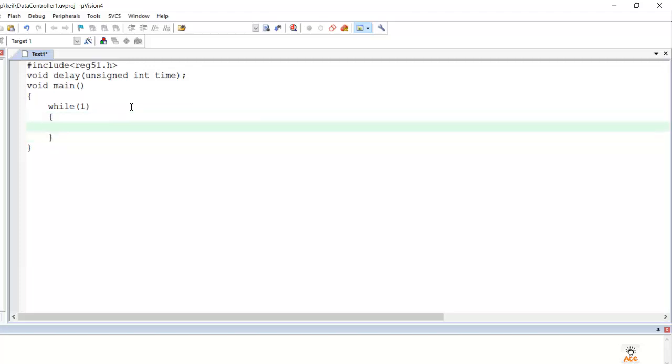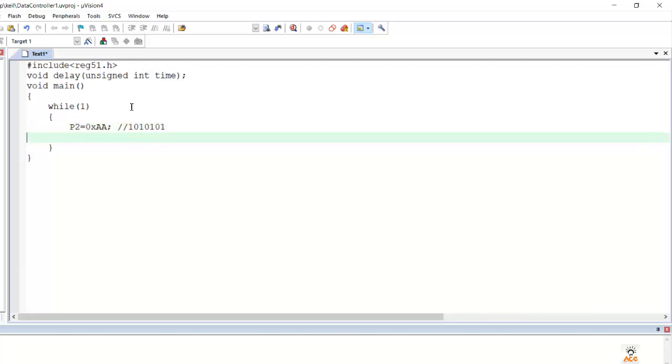Then we have to deal with two ports. Let us first take P2 equal to 0xAA. This is the hexadecimal value which represents 10101010 and so on. So we have set 0xAA, the hexadecimal value, for our port P2. Next we need to give a time interval as delay, and we'll pass the value as 1000.